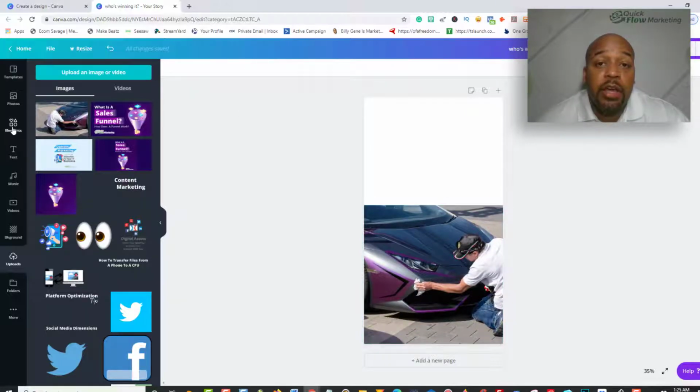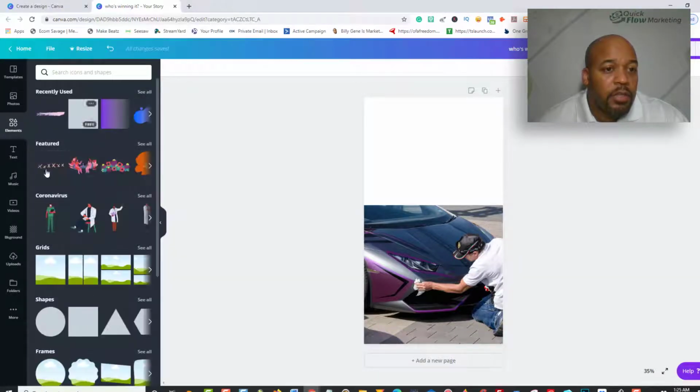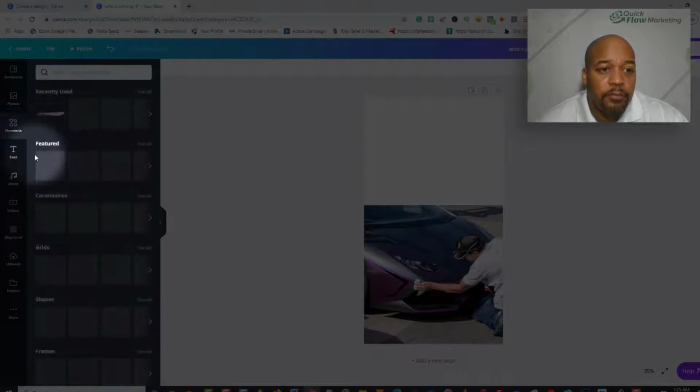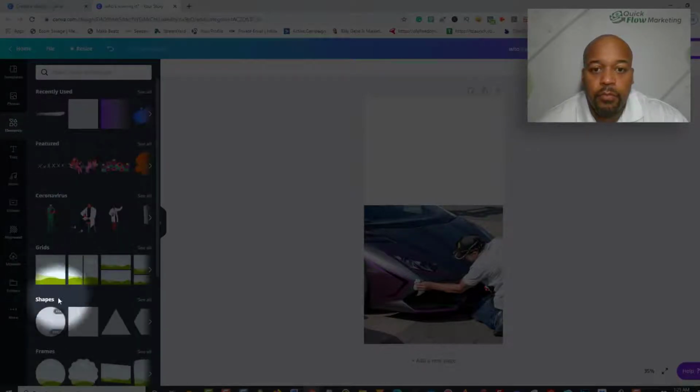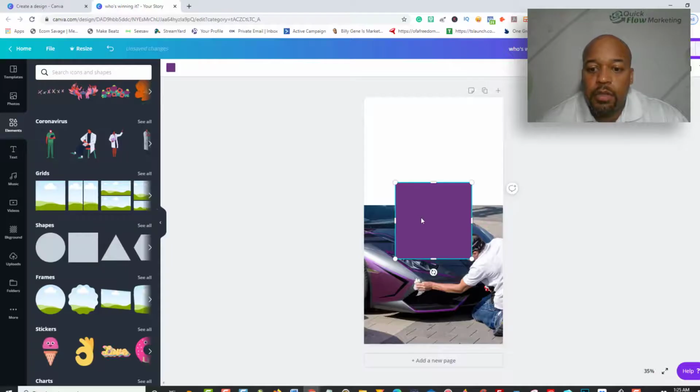Now, one thing I find useful whenever I'm trying to create graphics: sometimes you'll have a picture and you want to put words on top of the picture, and the words kind of blend in and don't look right. So a little trick I learned, you actually can go to shapes. I'll click on a square,